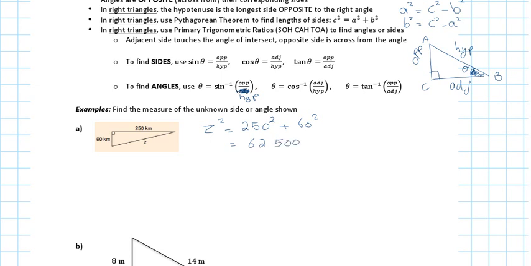Plus 3,600 gives 66,100. And then square root. I have to take the square root because I'm looking for just that side. And that gives me